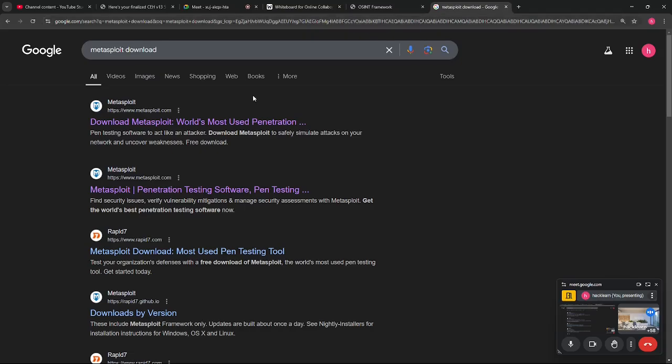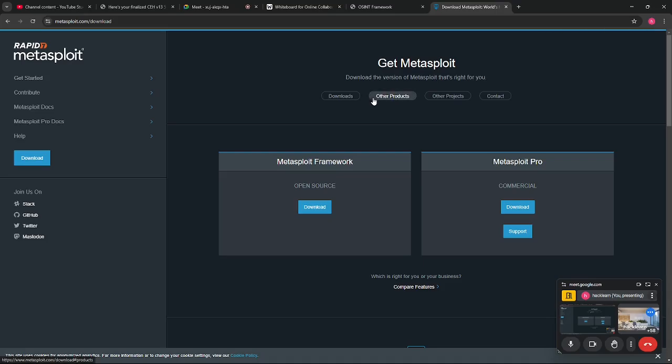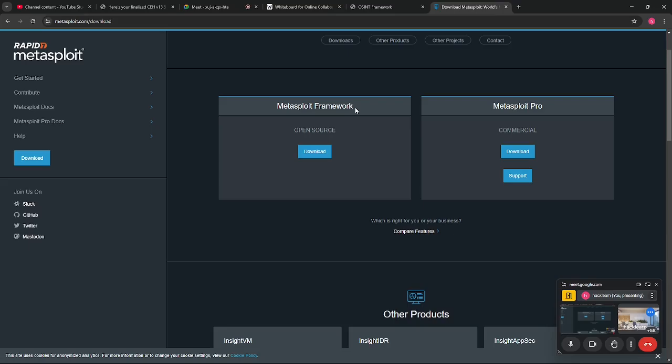You can download Metasploit on Windows also, and if you are a Linux user like Kali Linux or Parrot OS, then it comes pre-installed. It has two versions. Metasploit Framework is a free, open source version that anyone can use. And Metasploit Pro is a commercial version, which is paid, and most IT companies use this Metasploit Pro